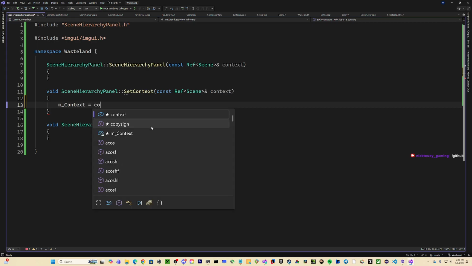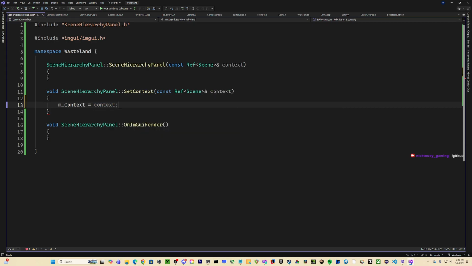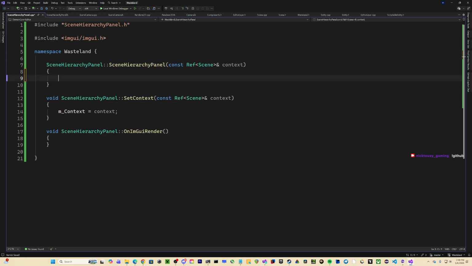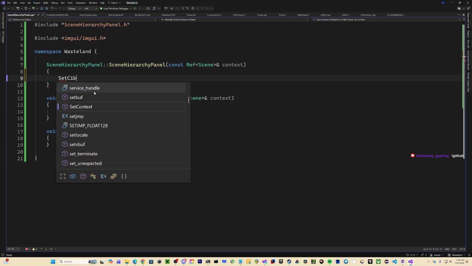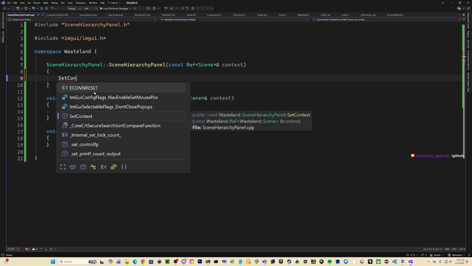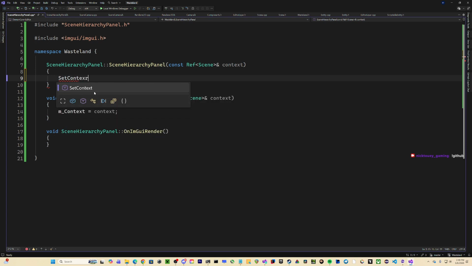Context equals context. There. Damn it, type. Jeez. I cannot type right now.